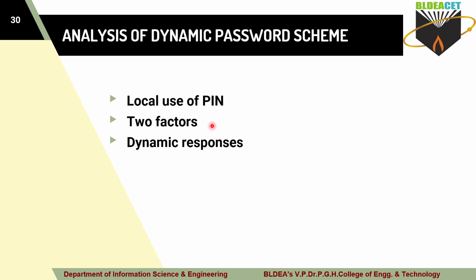Along with the pin, you are using the password function to generate a response here, and that password function requires the key and algorithm. Those things are known by the user only. And dynamic response: as I told, for every challenge, what response will you get? Note that the response is different here. Once you are in, then only you will get that response, and immediately, dynamically, you will get that response based on your activation of the token here.